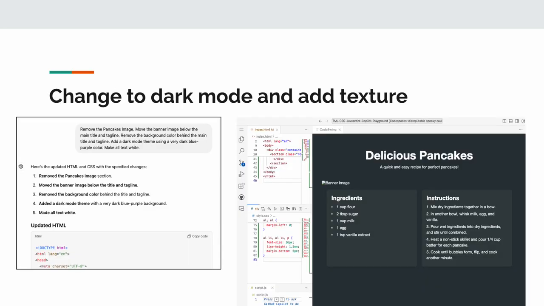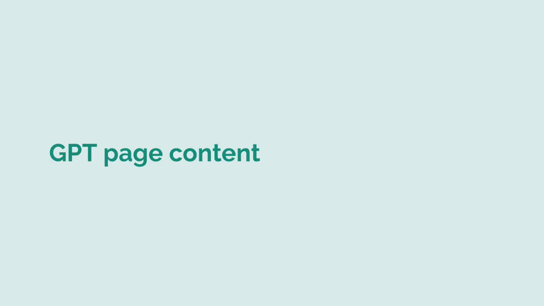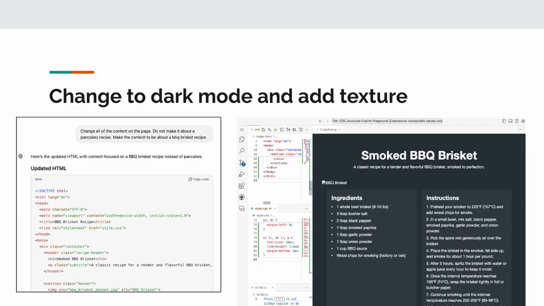I capped off styling by asking ChatGPT to convert the page to dark mode and add texture. I figured a nice charcoal color would be perfect for the real recipe I wanted, which wasn't pancakes. Really what I wanted was a barbecue brisket recipe. For content, I only asked ChatGPT to update it so that it wasn't about pancakes, but about briskets. I was impressed that it didn't dump the text just anywhere, but specifically updated the ingredients and instructions